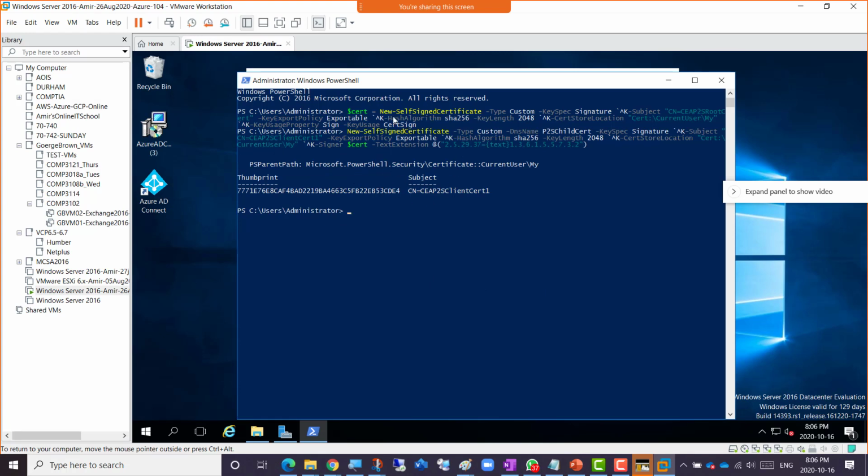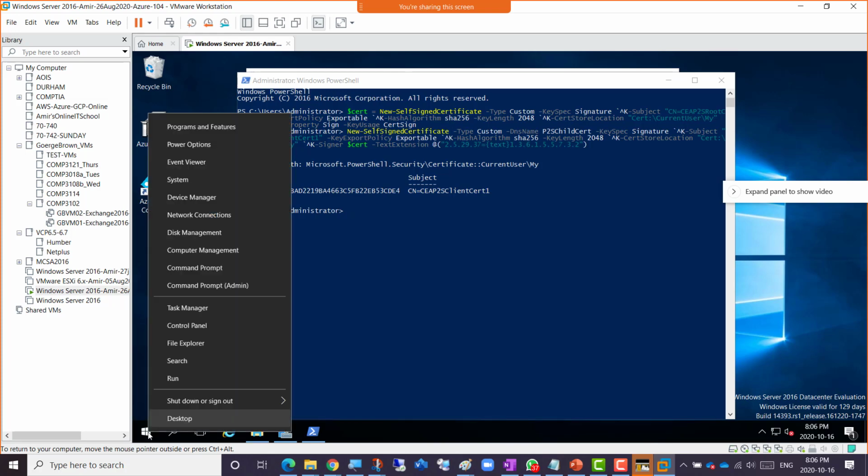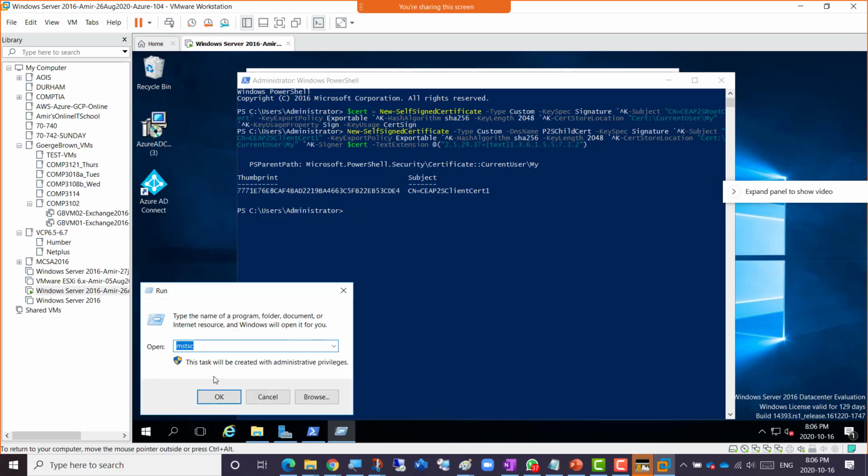Where are these guys created right now? They are in the certificates MMC console. Through the certificates MMC console, we're going to be able to see that. Yes, let's go there. Okay, right click and go to run and type